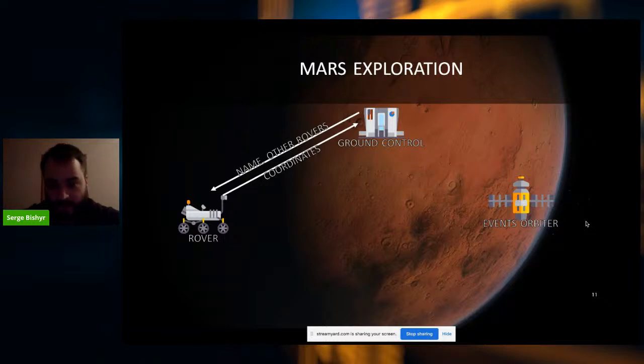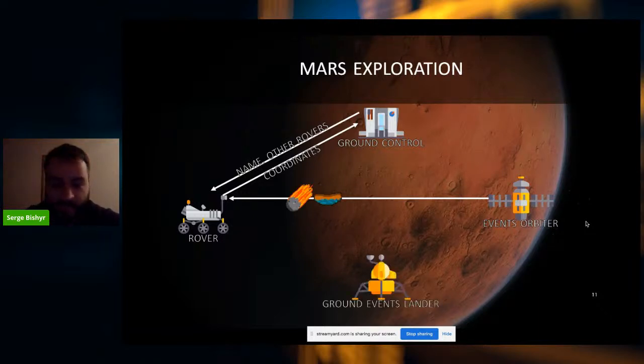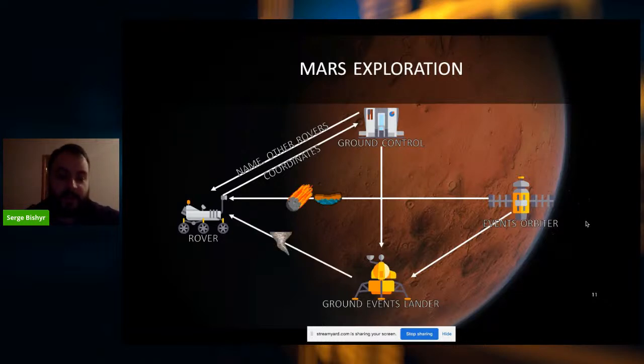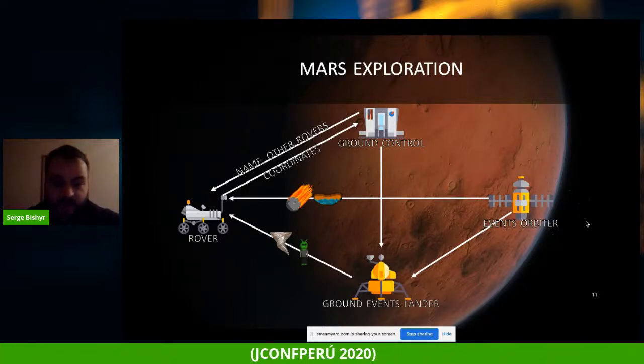There will be an events orbiter, which will check the surface of Mars and will send the rover data about meteors which will come to the surface, so it's something dangerous, and where the underground water is that we can scan. And there is also the ground events lander, which will consume the events from the events orbiter and the coordinates of the rover from the ground control, and will send our rover data about dust storms, which is a dangerous thing, and